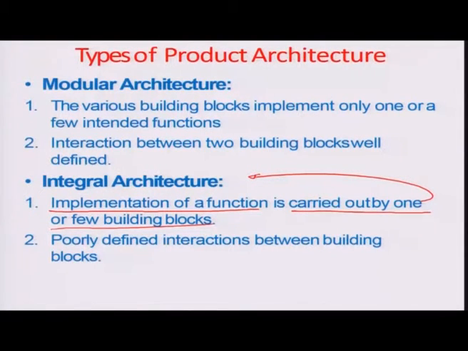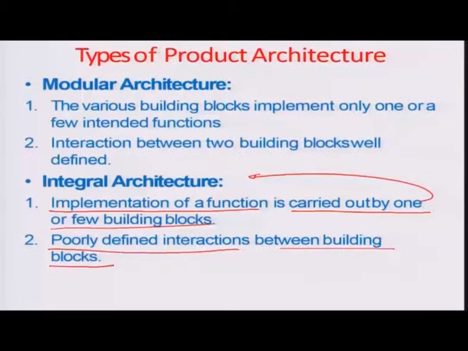In such architectures, it is very common to have poorly defined interactions between the different building blocks. As you saw in the simple modularity case, you had one function to one subsystem mapping possible, and such an interaction would be very straightforward, but in integral architecture it is not the case. One has to really work very hard to define the interactions between the several building blocks in an integral architecture,